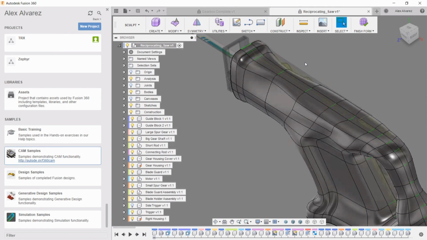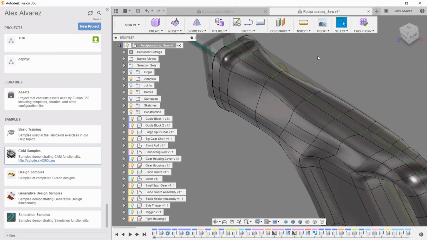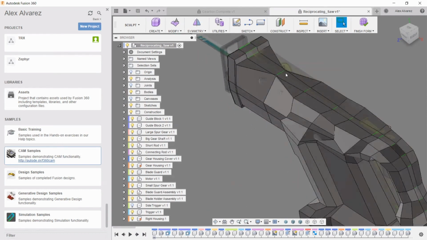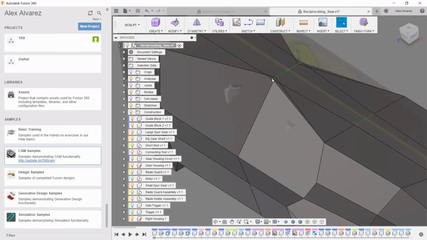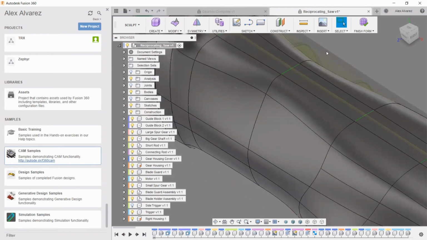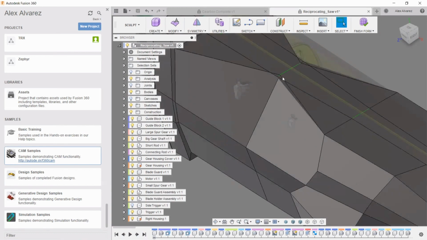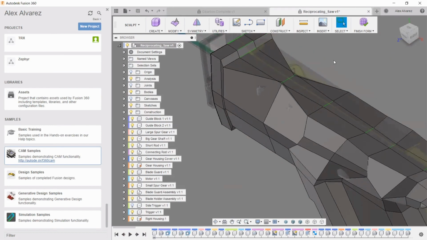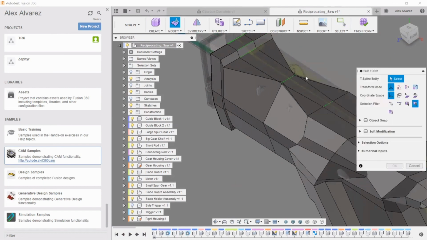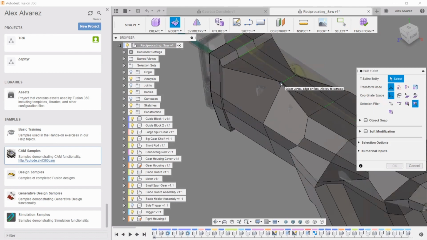Now, if I hit Alt-1 on my keyboard, notice that it starts showing some of these intersecting edges, or intersecting lines that we have here. Again, if we click on Alt-3, it doesn't look too bad. It looks all right. Alt-1, notice that it does show the problematic areas. So how do we get rid of that? We right click, edit form, and zoom in here a little bit,